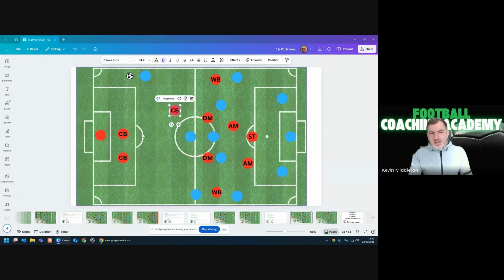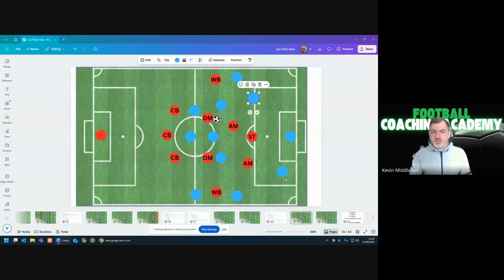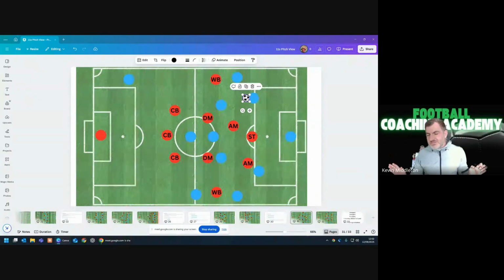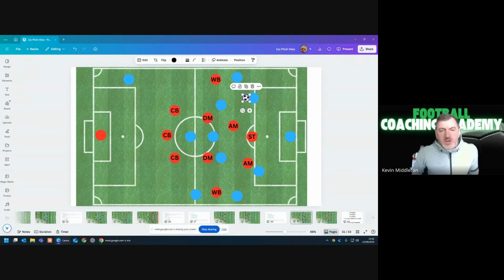So we accepted that risk, especially in transition, JB, as you say. It was a real danger, because if we're building, for example, and sorry, let me make this more realistic. If we're building and this player gives the ball away, that player spins the channel straight away and that ball goes there, fine, absolutely fine. We're going to have to accept that. That's a risk. However, we're outnumbering the opposition, so if we give the ball away,